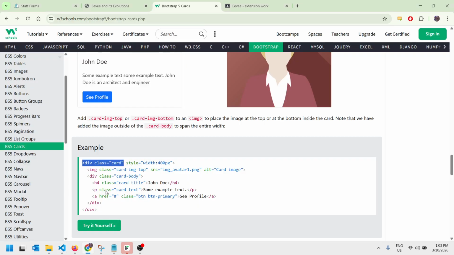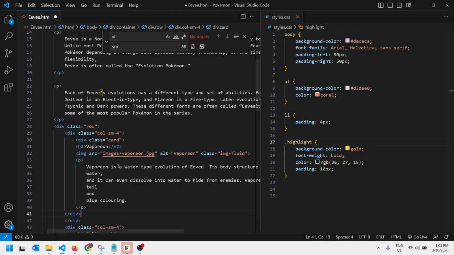So back into here, and it says class equals card-img-top for the image. I'm going to move it as well. So copy that back into here, and the image is going to be class equals, well, I've already got a class on it, so I'm actually going to just put,